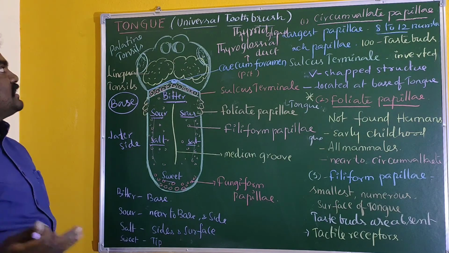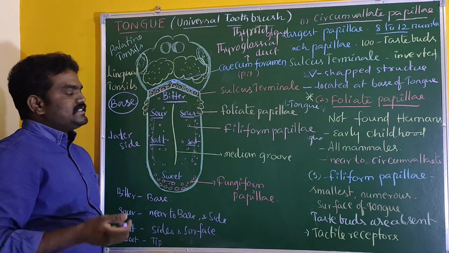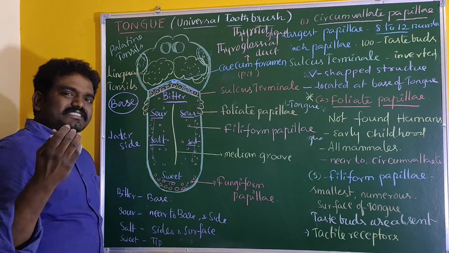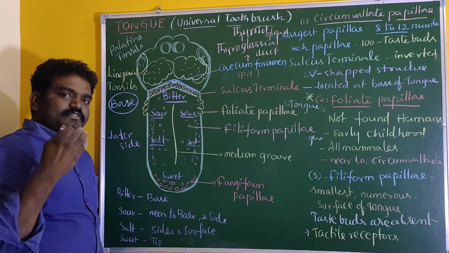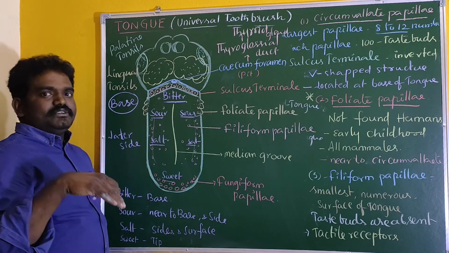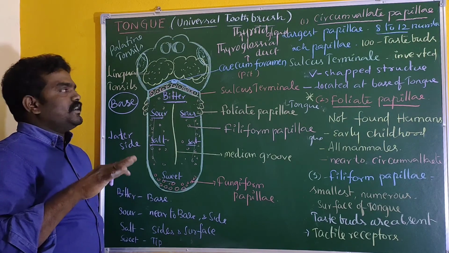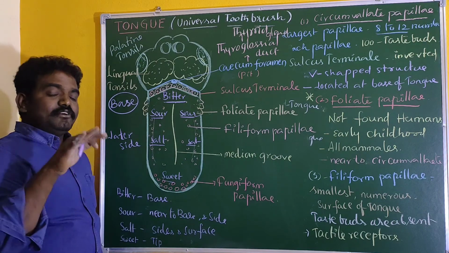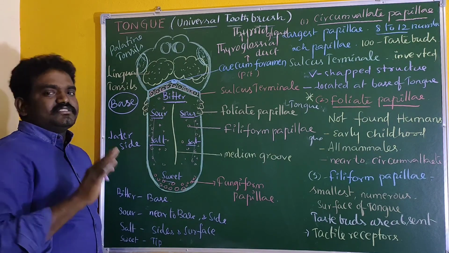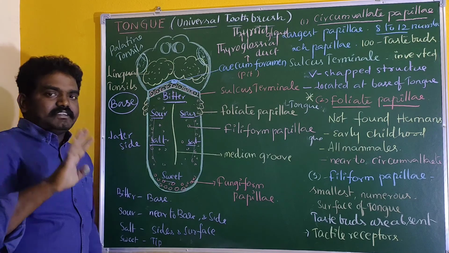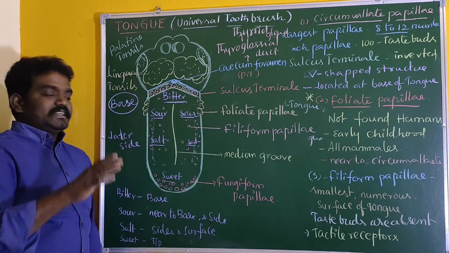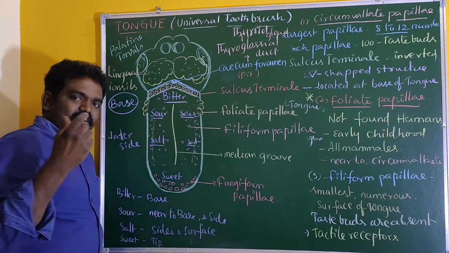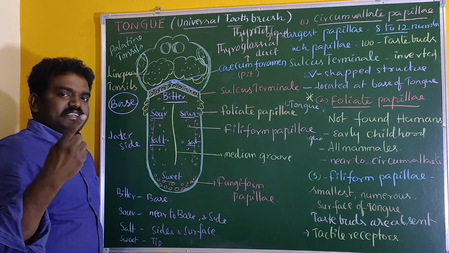A few more functions are related to the tongue. The tongue is helpful for speaking languages, for the mastication of food, and for swallowing the food into the esophagus or pharynx. And fourthly, it detects the taste of the food. So there are four main functions performed by the tongue. The first one is that it is a sense organ, a taste detecting organ. So the first functional role is taste detecting.